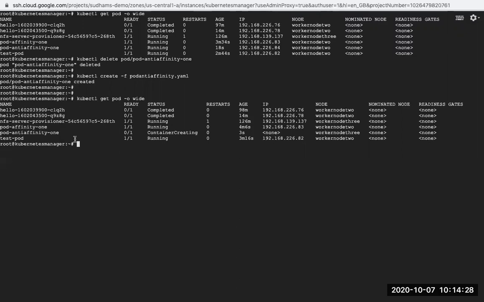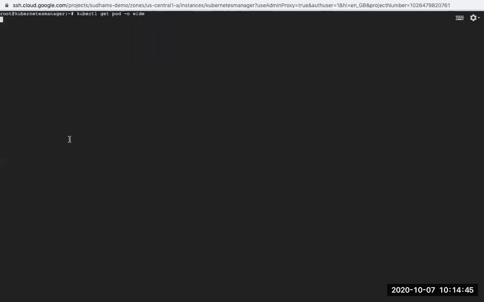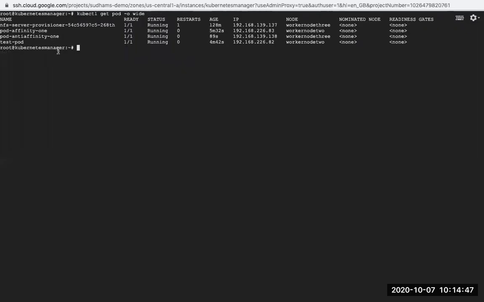Okay. So kubectl, let me try to clean up everything. Delete. I have cron jobs actually. Clean up this. Okay. kubectl, delete.